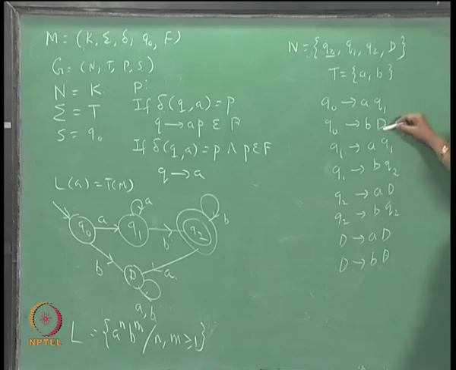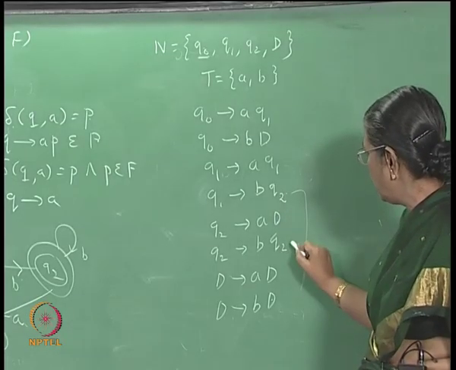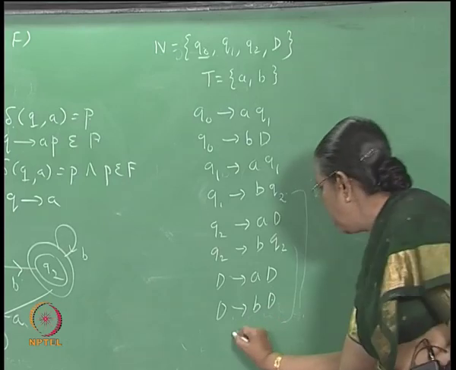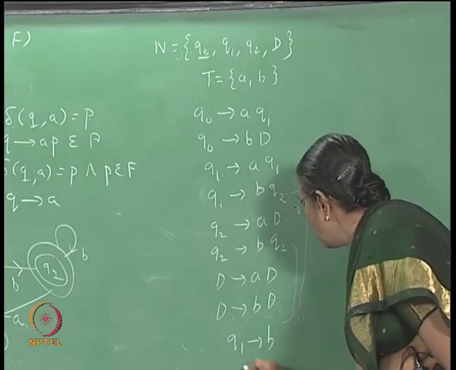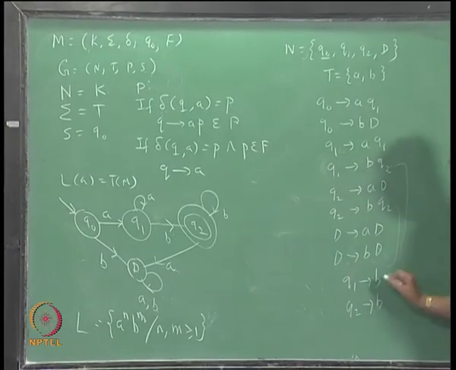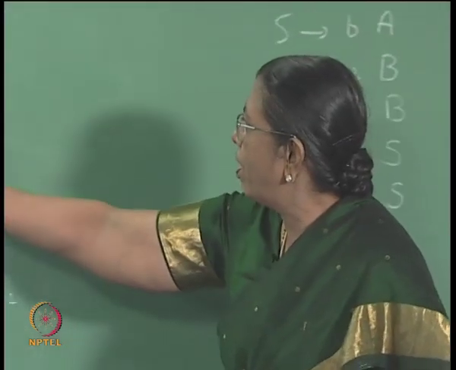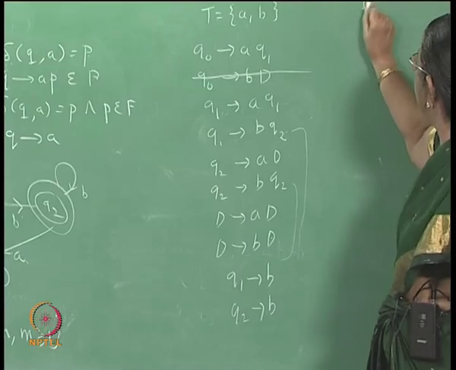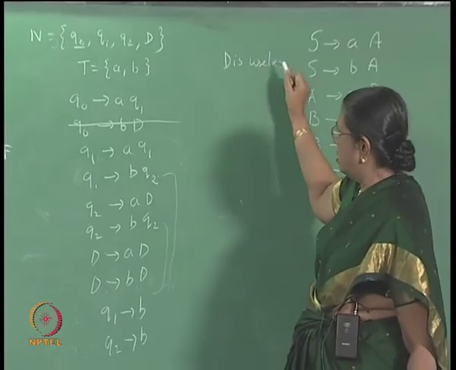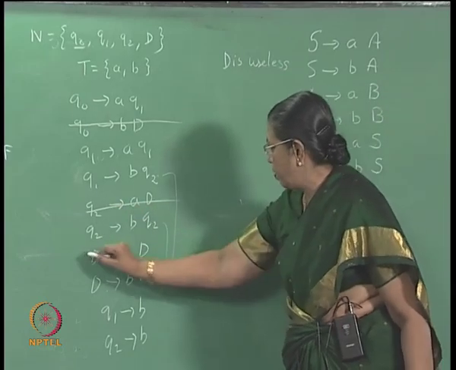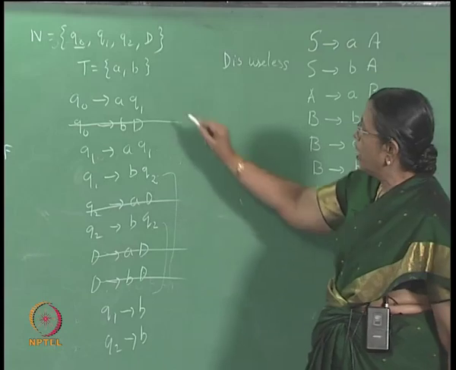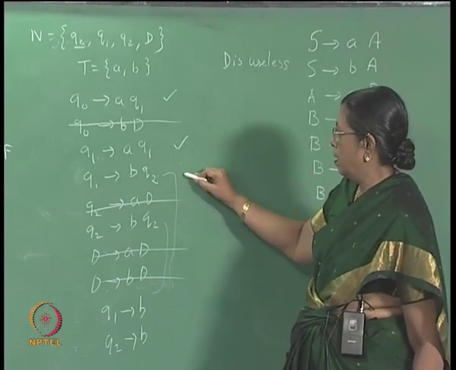Now, terminal rules: Q2 is the final state here, so corresponding to these two rules you will have terminal rules, that will be Q1 goes to B, Q2 goes to B. But you will realize that we have considered removal of useless symbols. Which is the useless symbol here? D is the useless symbol. So, anything involving D you can remove. So, you will end up with